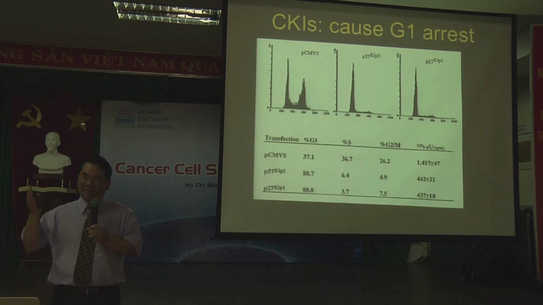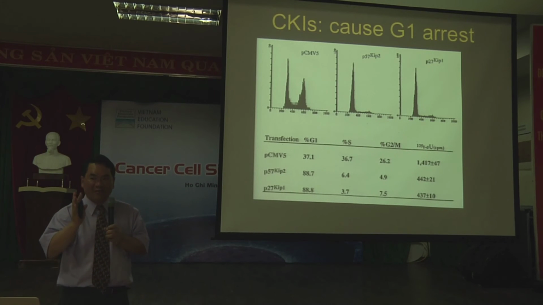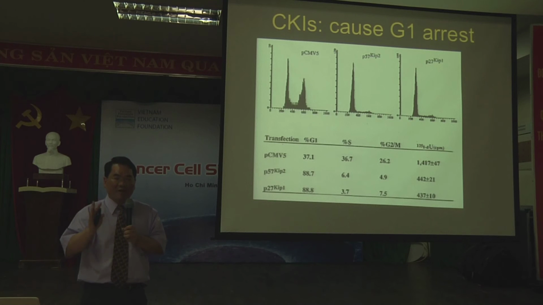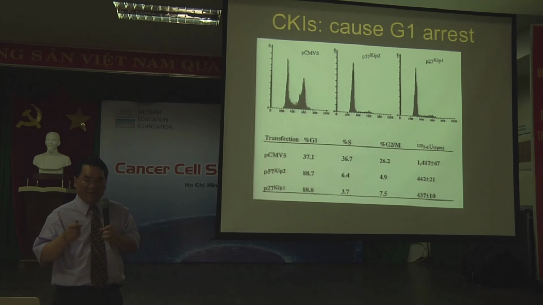By interacting with the cyclin CDK, it directly inhibits the cyclin CDK activity. And I want to show you how scientists could prove that it causes cell cycle arrest. It was done by the so-called FACS analysis,